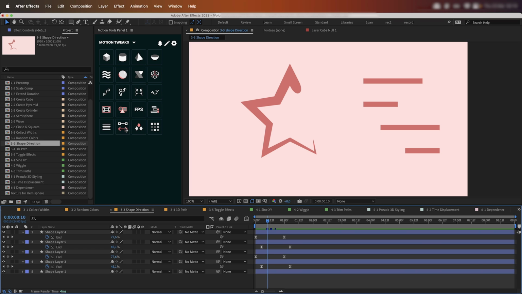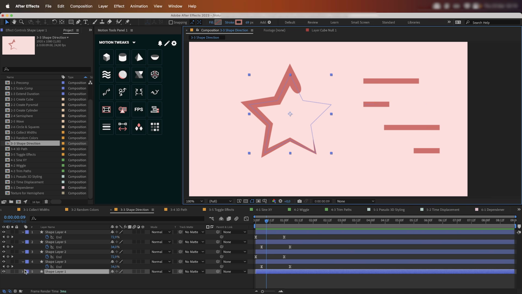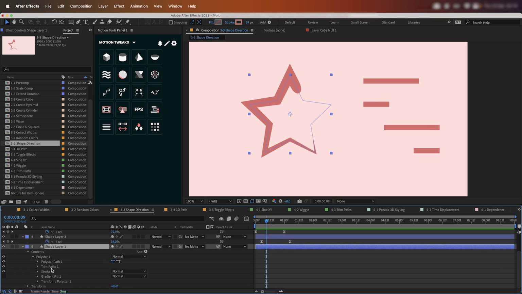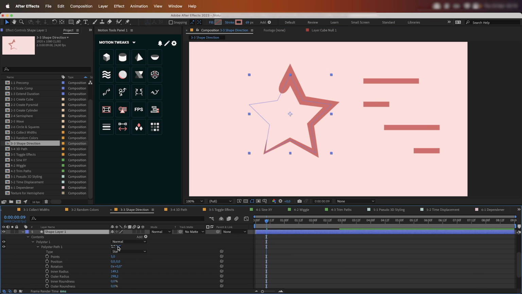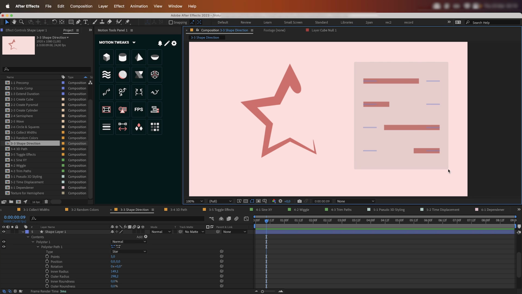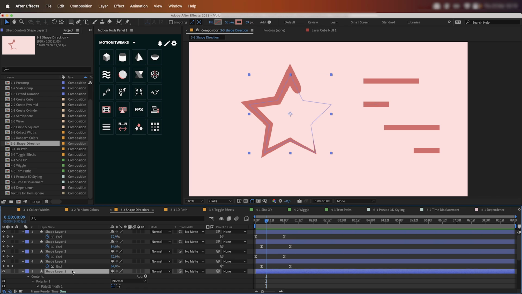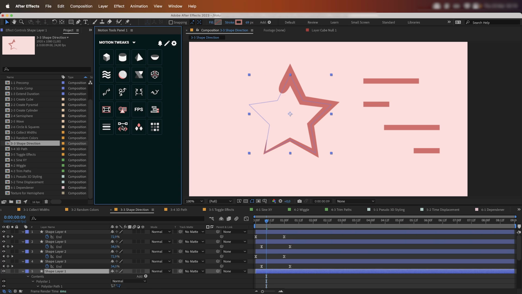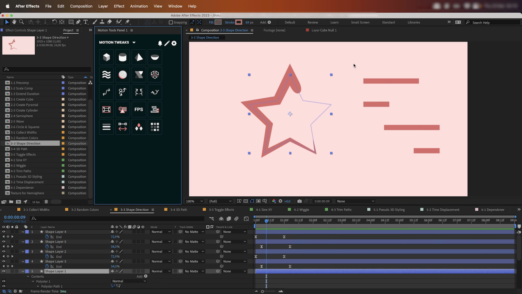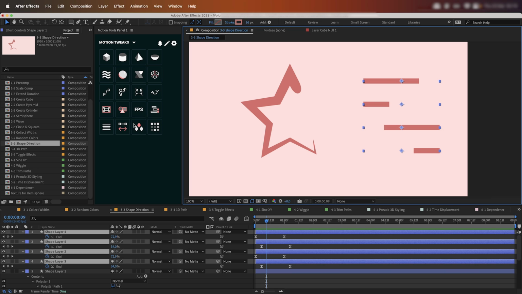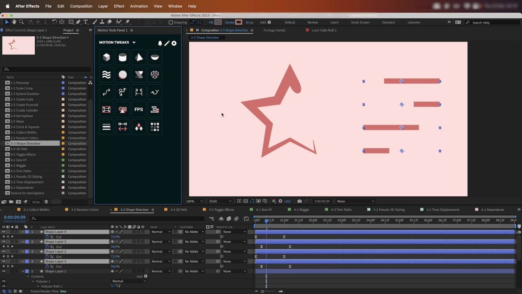Shape direction is another simple script that's necessary for work with shapes. Each path has its own direction, which can be changed inside the shape group here. It's far enough and very inconvenient to control multiple properties. For this task, you need shape direction. It reverses the direction of a selected group. All paths within a selected shape layer or multiple selected layers